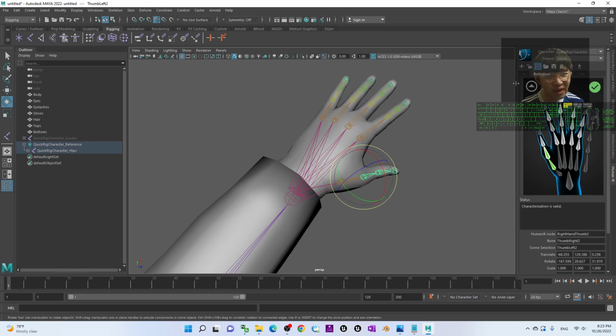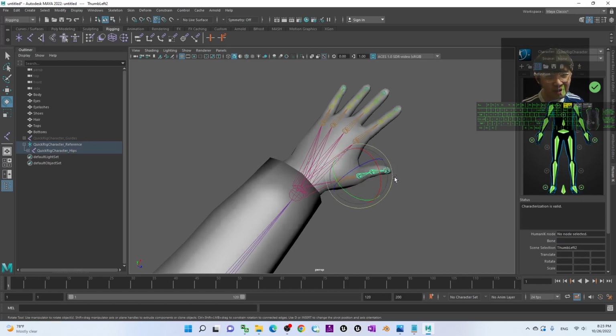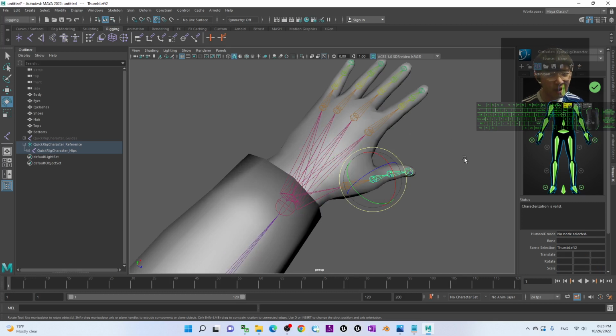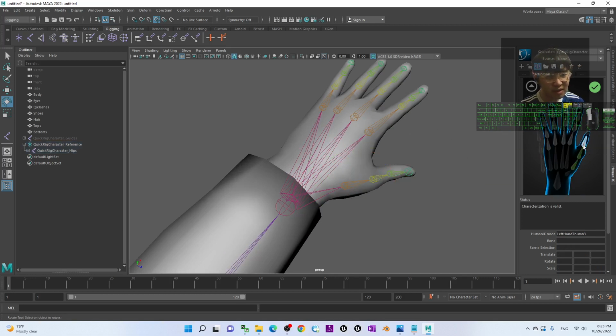It will automatically plot on the other hand. This is the right hand, now we plot the left hand. It will automatically plot the other side. So you have to switch it in that way. Done. We already finished one finger, double click, plot it.